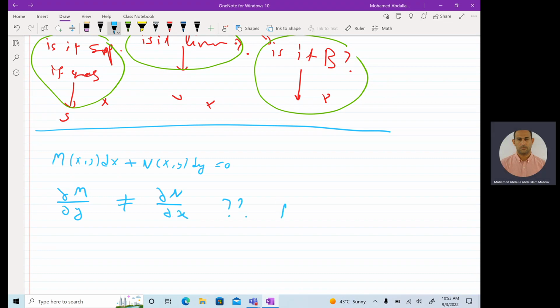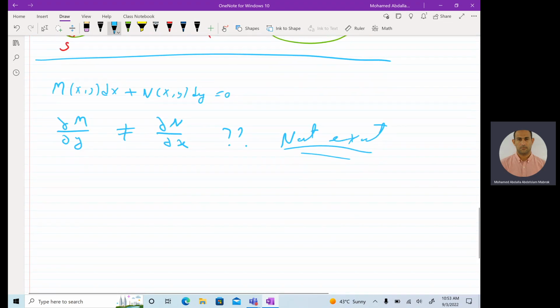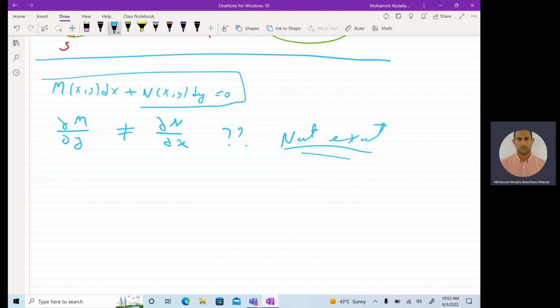So it is not exact, and we make sure it's not solvable by any of the above methods either. In this case, we might be able to convert this into exact, in some cases, not always,